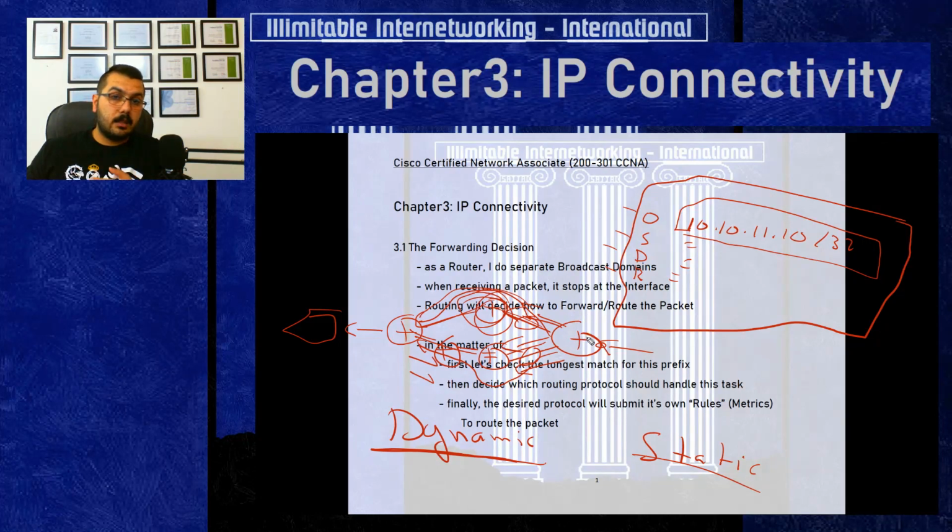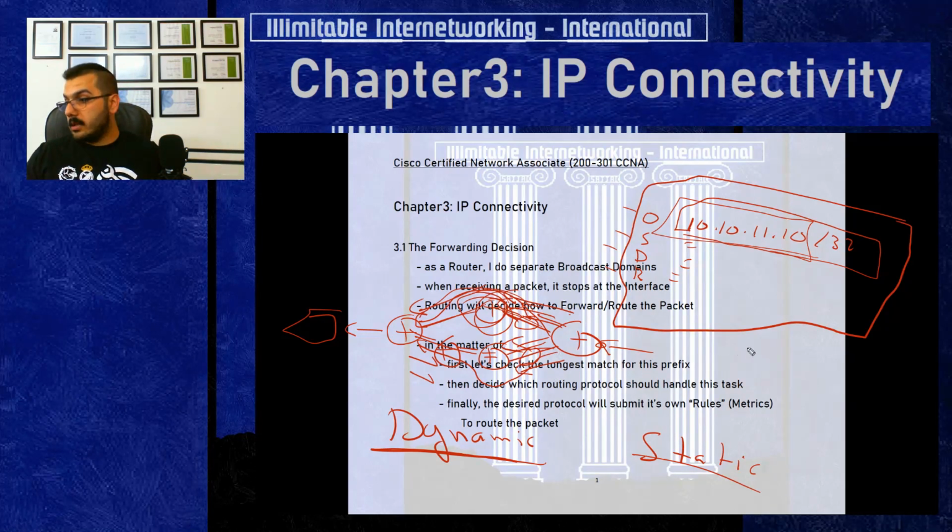Okay, in static route, which we will see in an upcoming video, you tell the router that to get to 10.10.11.10 go this way and this way. In dynamic, you just advertise this subnet or this prefix,